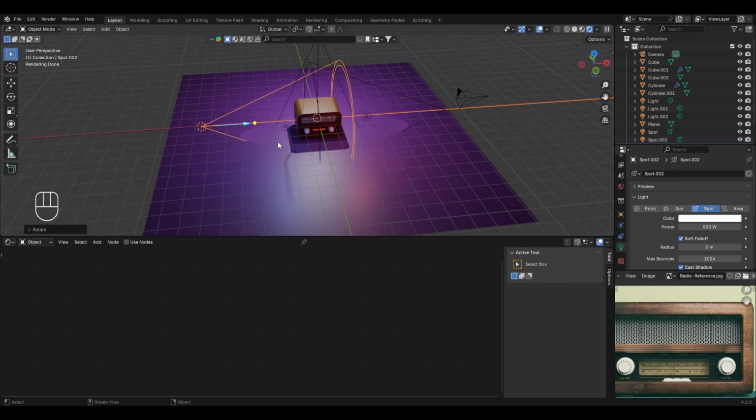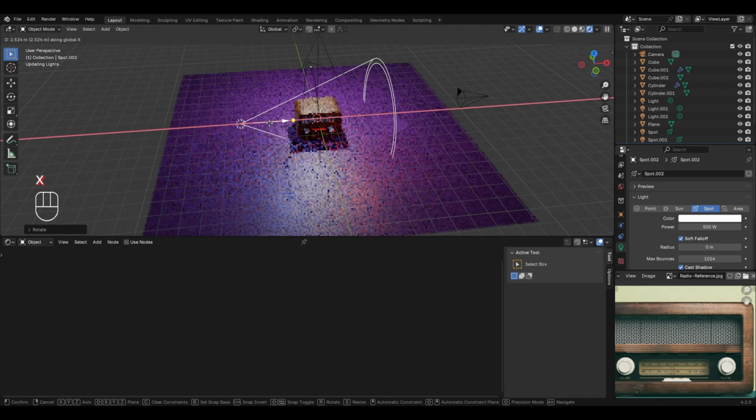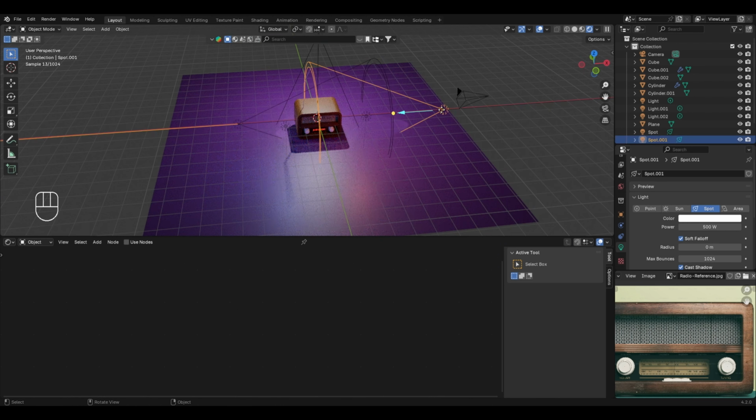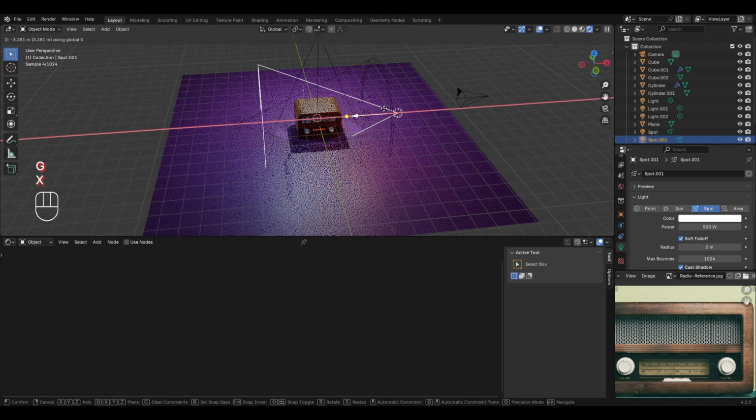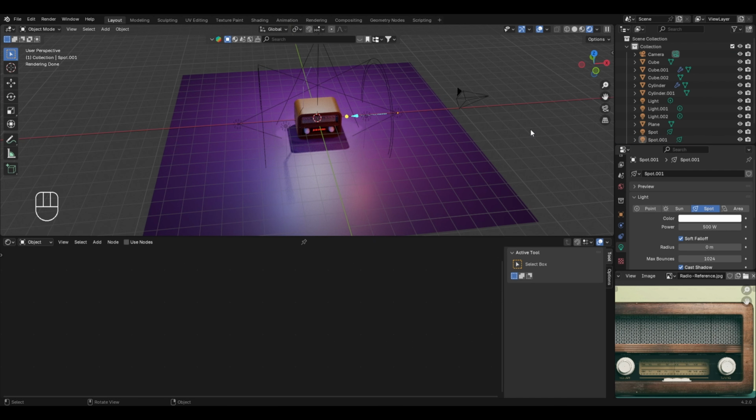Also, with the spotlight selected, I'll slightly move it ahead in the x-axis, and similarly, I will do the same thing with this light also. So let's place it over here, and finally, to render the image, press 0 on the numpad to go to the camera view,